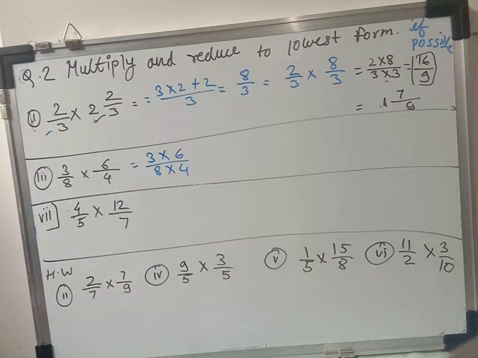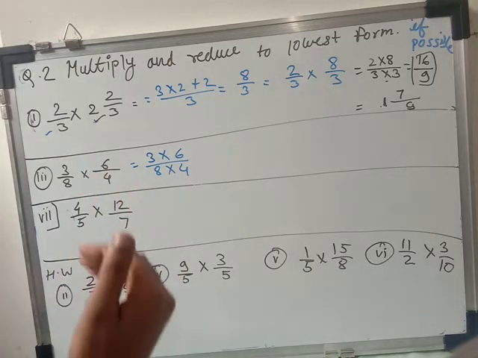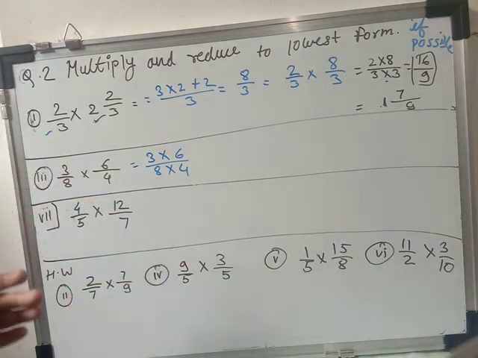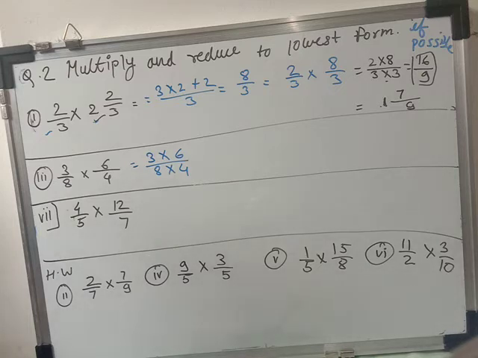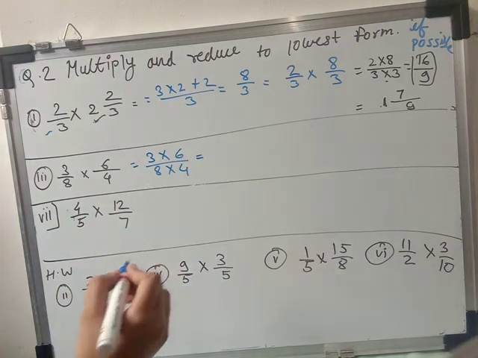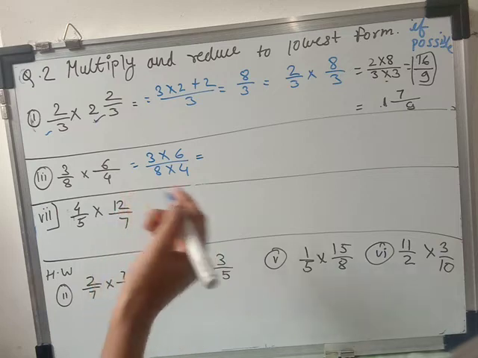Now here I have multiplied numerator and denominator. Now you have to see, I told you before doing multiplication you have to look at the numerator and denominator because both are in the form of division. If both numbers are divisible by one number, then you have to divide both the numbers and then go to the next step. So here 2 8s and 6, or 6 and 4, you can take as per your choice. You can take both the numbers and then solve it.